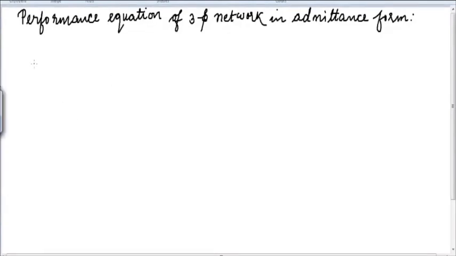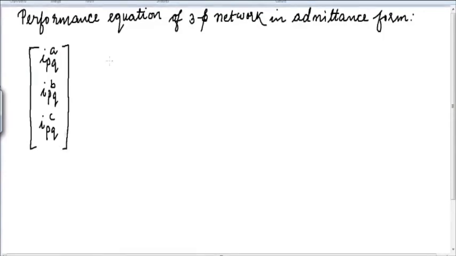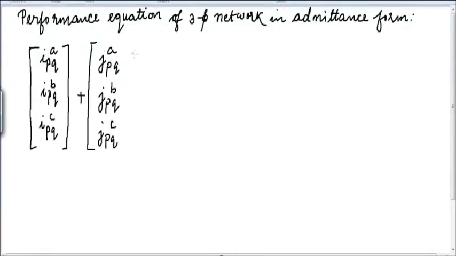So let us write. In the LHS we have here IPQ-A, IPQ-B and IPQ-C. So these are the three currents with respect to the points P and Q, with reference to the phases A, B and C respectively. Then we have to add the source currents which we have connected in parallel. So that will be JPQA, JPQB, JPQC. So these are the three source currents that we will be writing. Then this is equal to,